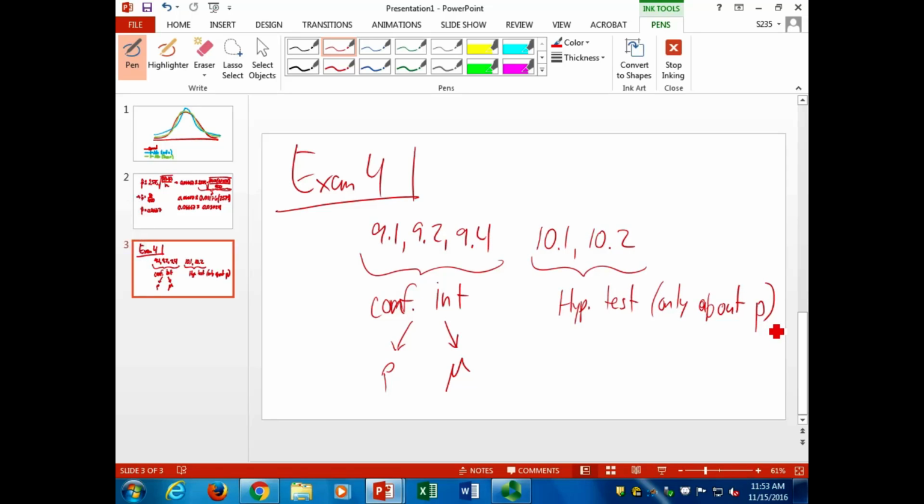If you look, I posted a practice exam, and I don't have hypothesis tests about the mean on the practice exam. They're not on there. And if you compare that to the homework,